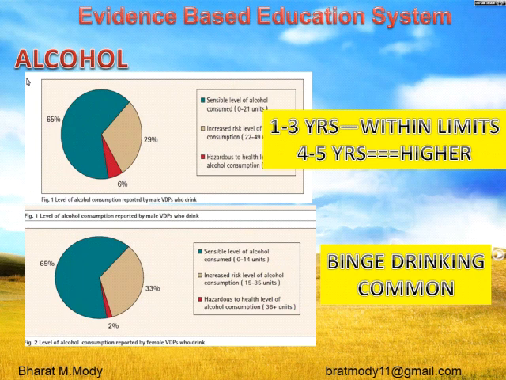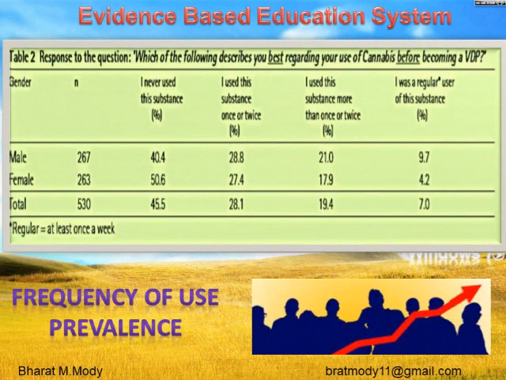Secondly, you can have this graphical representation, so you can easily make a conclusion that in the first 3 years it was within limits, but then it became higher. And binge drinking was possible. Binge drinking was done every Saturday and Sunday. Now, if you see that, guys, you can find that they are also using drugs. Cannabis was being utilized, and the frequency of use and the prevalence could then be calculated from this table of both the males and the females